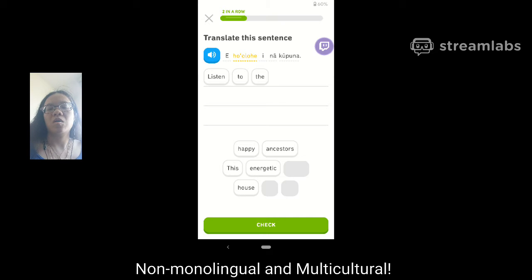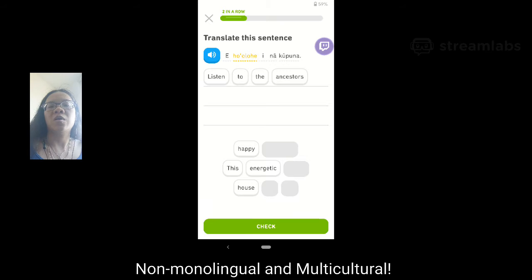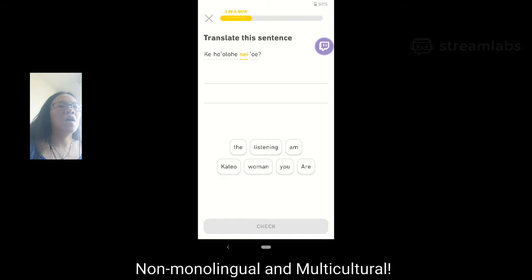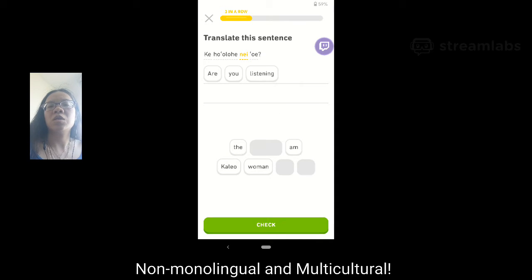ōlelo Hawai'i, ina kupuna. Next. And then we have ōlelo Hawai'i nei oi.